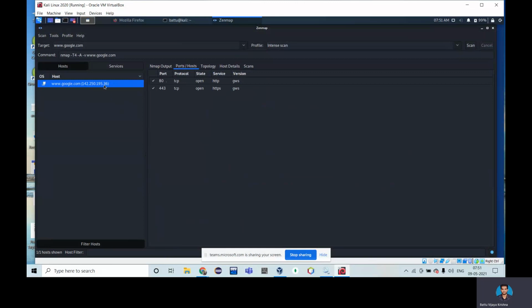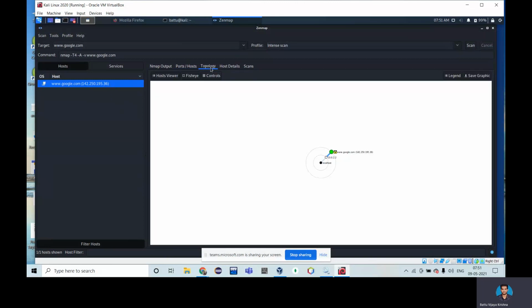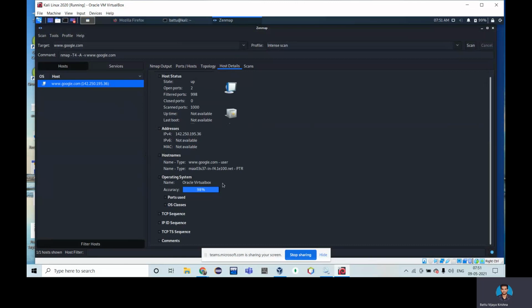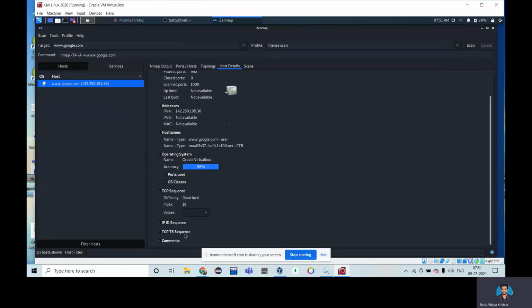When we close this scan, in the topology you can see that from this IP address I accessed google.com. In the host details, we can see the IPv4 address, IPv6 not available, the host name, the MAC address, and the operating system, which I installed on VirtualBox. It also gives the TCP sequence numbers and IP details.